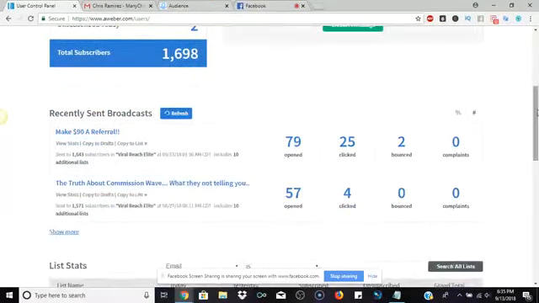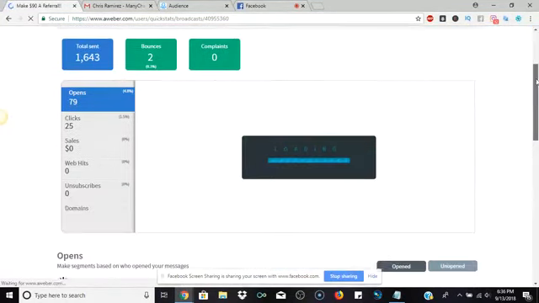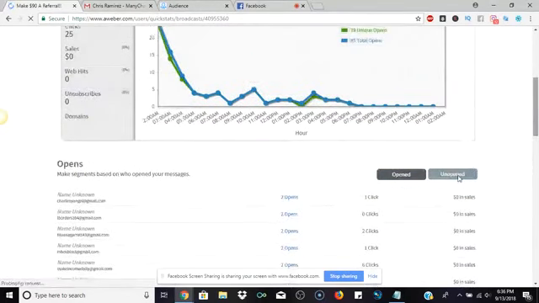So I'm assuming you already know how to send an email with Aweber. So just follow along if you've already gotten to that point. Okay. So basically you're on where the last email is, the email we want to segment down to the unopened. So go ahead, click it, and you'll get to this page. And what you'll do is scroll down some, and you see where it says opens and unopens. You click on unopens,